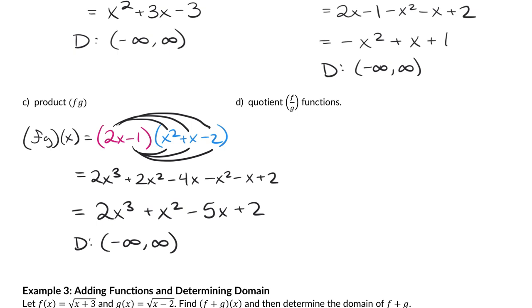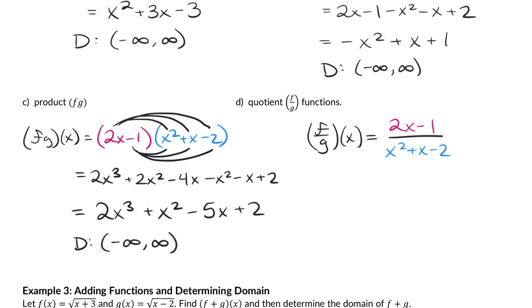But when you go to do the quotient, which tells me to put f on top of g, okay. So if we're doing f on top of g of x, here's what it would look like. We have f on top. We have g on bottom. We don't have to do any sort of cleaning up for this, just like boop, boop, put them on top and bottom. However, we've made a problem